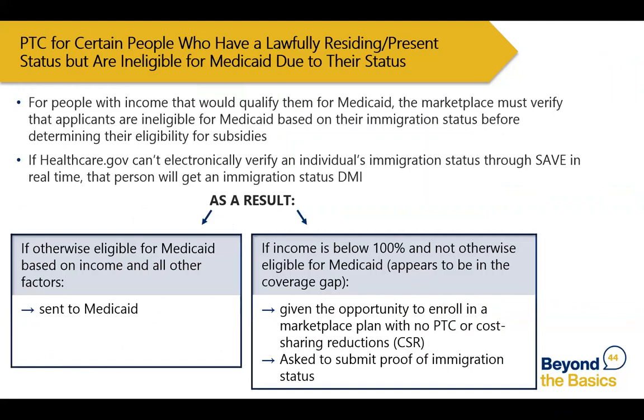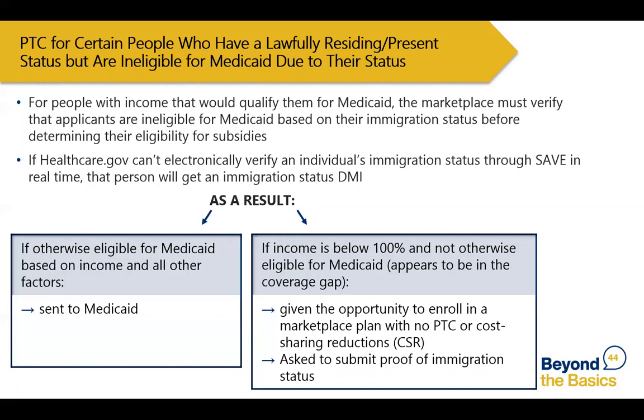I mentioned earlier, and we just talked about this a little bit when we went back over slide 18, that when we think about premium tax credits for people who are lawfully present or residing but ineligible for Medicaid due to their status, not only is it confusing to explain these rules, it's confusing to get the right eligibility determination to happen for individuals in this situation. And as you can imagine, that's a lot to program in a computer system, right? Because in some cases you basically have to prove that you're ineligible for Medicaid based off of your immigration status before the system will really understand that you're eligible for marketplace coverage with a premium